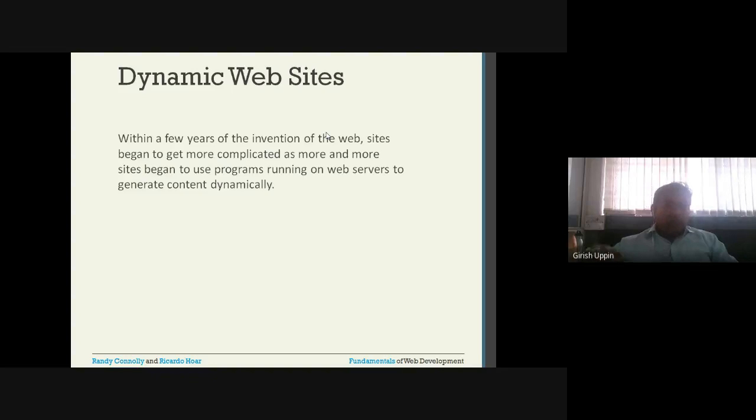With static websites, the content is the same for all the users. The minute they open the website, the same information will be shown to all the different users. In case of dynamic websites, these are interactive web applications, and based on what activity the user is doing, different pages will be displayed. Okay, those are called dynamic websites.